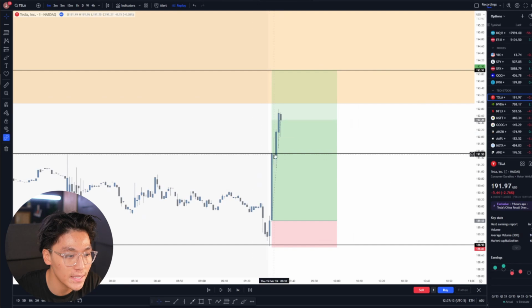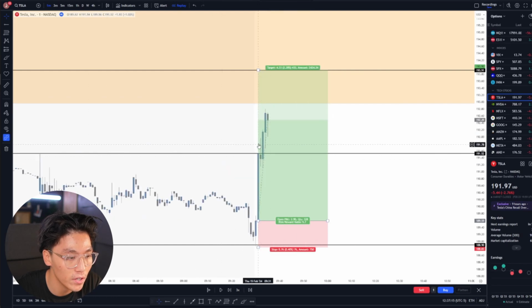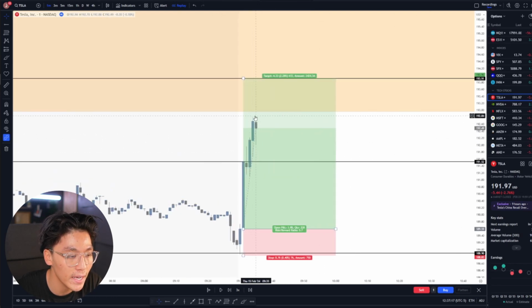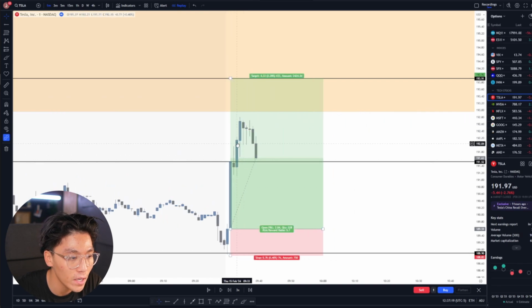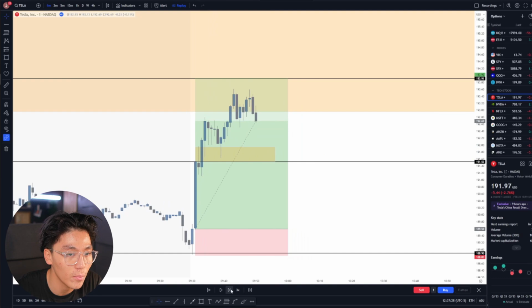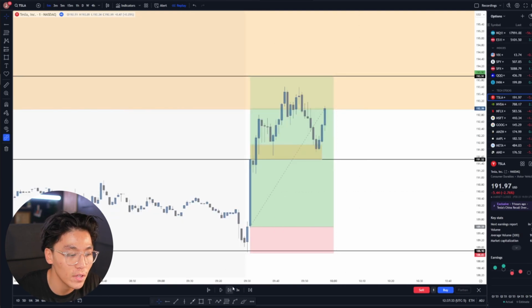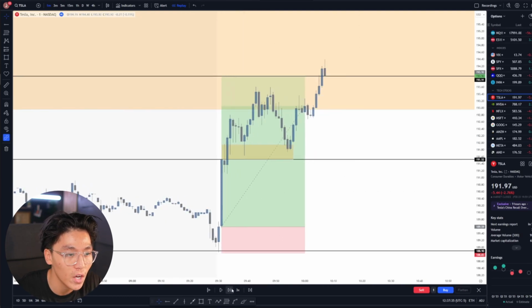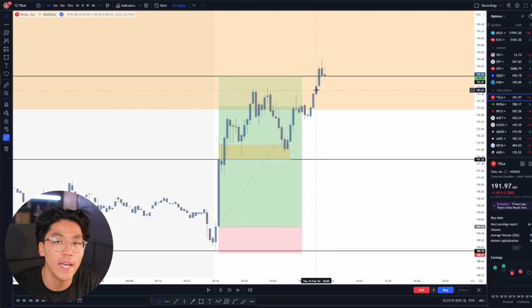You can see price gets above. I end up scaling a couple contracts right here. You can see we get a reaction, we quickly get above it, and now we're coming back down towards this 1-minute order block. You can see price holds that perfectly. And now we continue towards the upside, towards our final profit target being that 194 level on the higher time frames. And you can see right here, we end up getting hit,